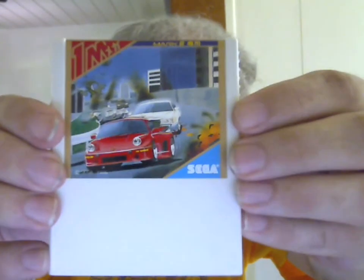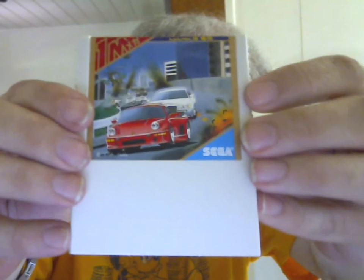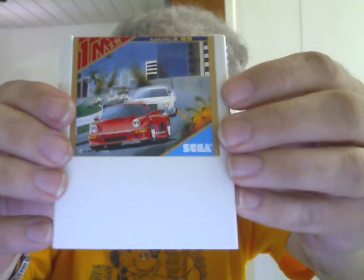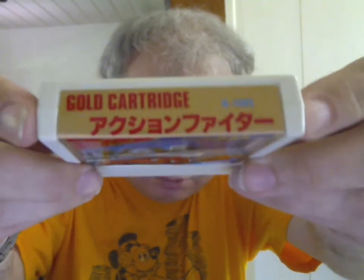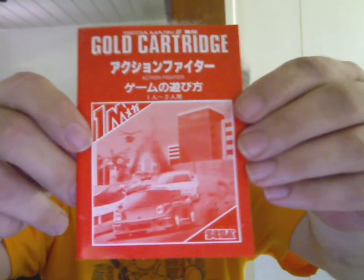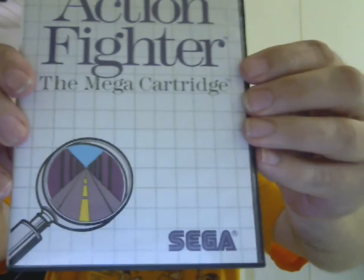The cartridge is in absolutely beautiful condition, as you can see. Being a Mark III release, the cartridge is the same size and shape as the cartridges for the SG-1000 and the SC-3000. The manual is brand new condition. It's a 1 mega game. Sega liked to say, I don't remember if they, it doesn't say a 1 mega game, but it does say the mega cartridge. Anyway,